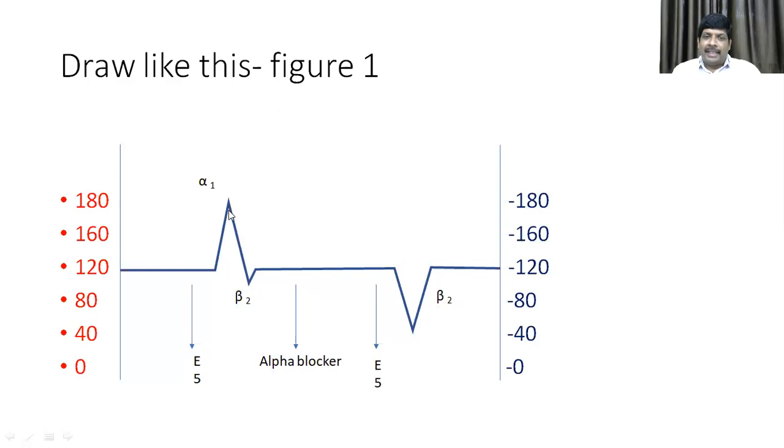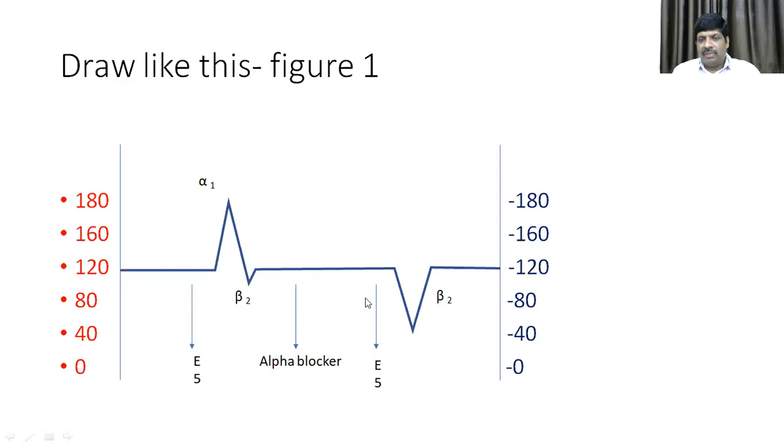And then, as the concentration decreases, you get the action mostly on the beta 2 receptors in the blood vessels, causing vasodilatation and leading to a decrease in blood pressure. Then the normal tracing is seen, and you give an alpha blocker, phenoxybenzamine or phentolamine. You need to give the non-selective one. Then there is normal tracing, and you give epinephrine again.